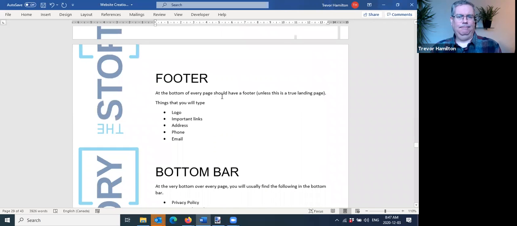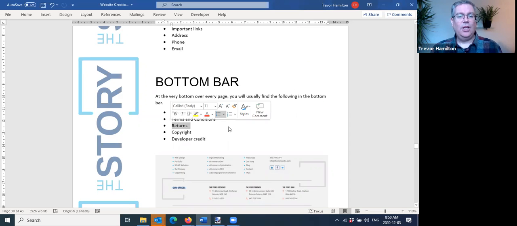A footer. Okay. So at the bottom of every page should be a footer, unless it's a true landing page. And we'll get into landing pages a little bit later, talking about what a landing page is. You may want to have terms and conditions, and you may want to do a privacy policy. Privacy policy, copyright are what I would consider to be the essentials. And what I didn't include in the instructions, and I will include after